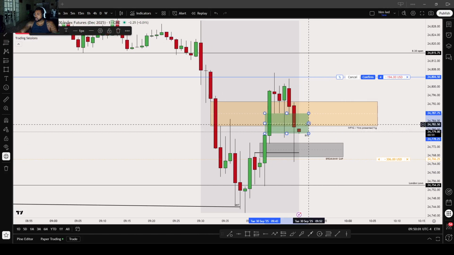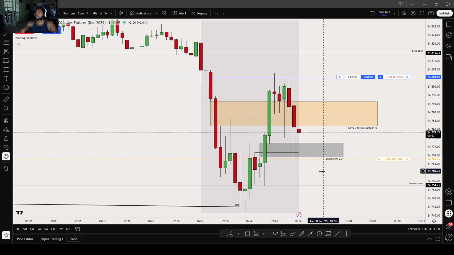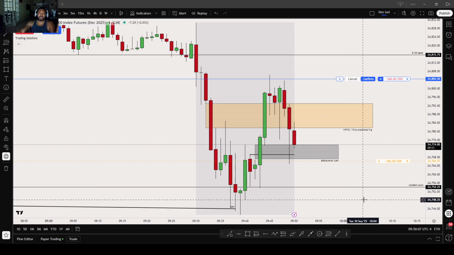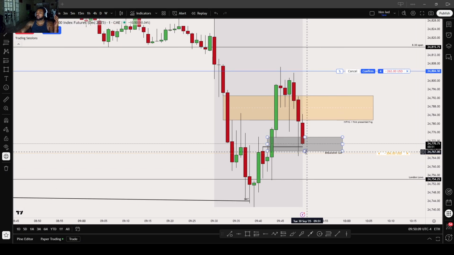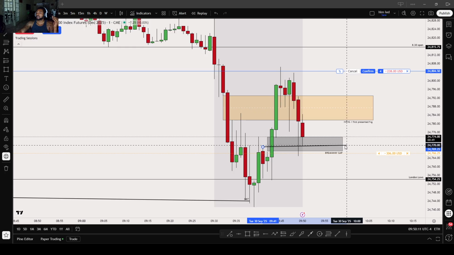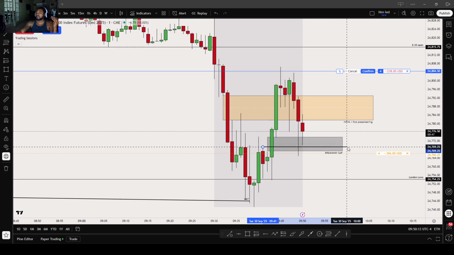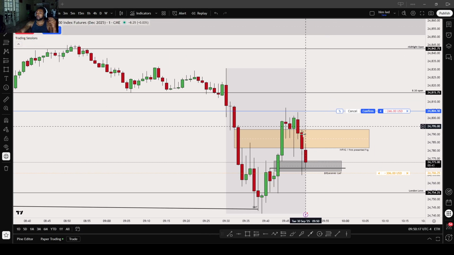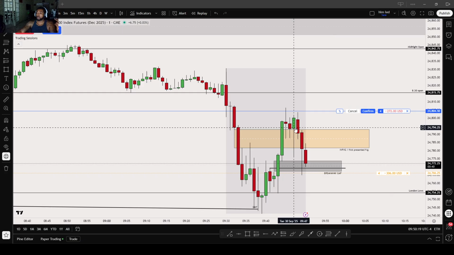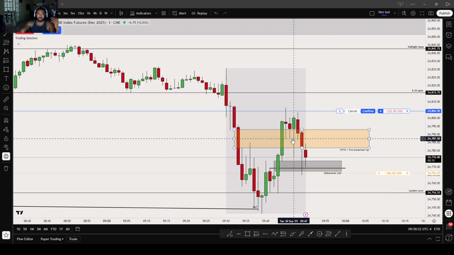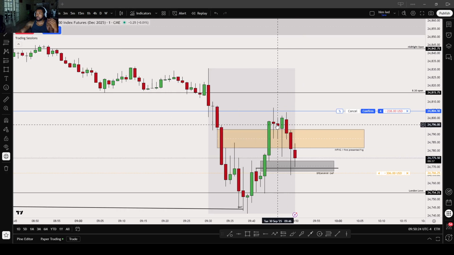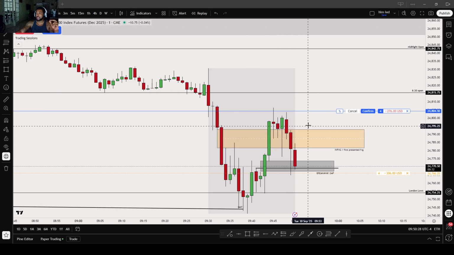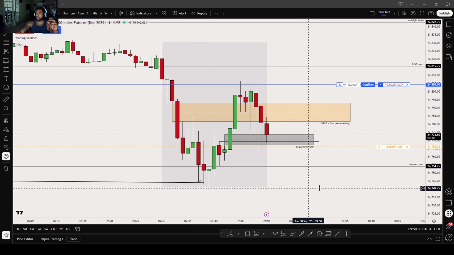It literally hit my stop loss. Do you see how it came all the way down here and closed below here? This is not what I want to see. Remember, you want to see it respect these. You want to see it respect the Buddhist P. Right now, it's literally not respecting the Buddhist P. It put this inverse right here. It respected it for a little bit, and then it just went lower. So